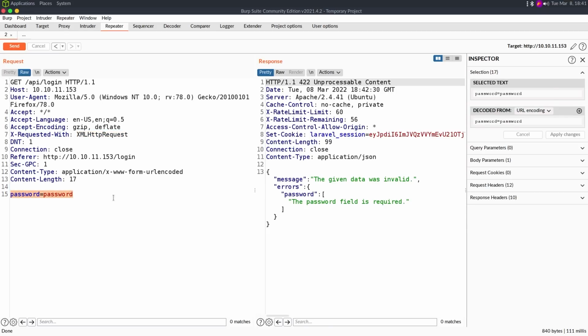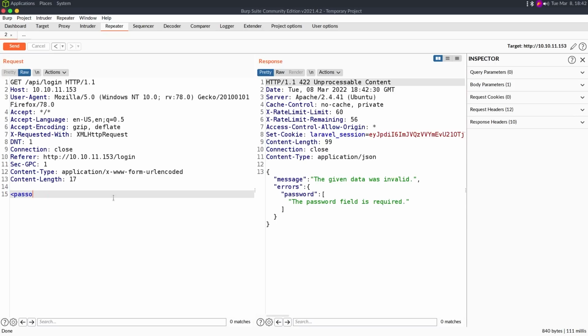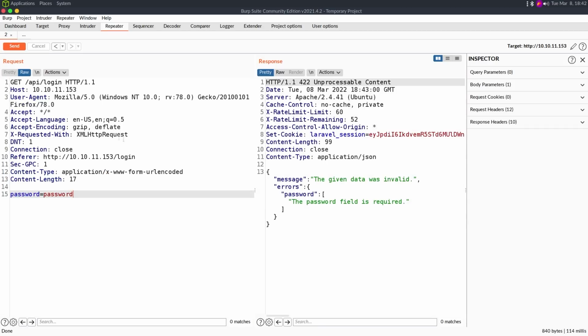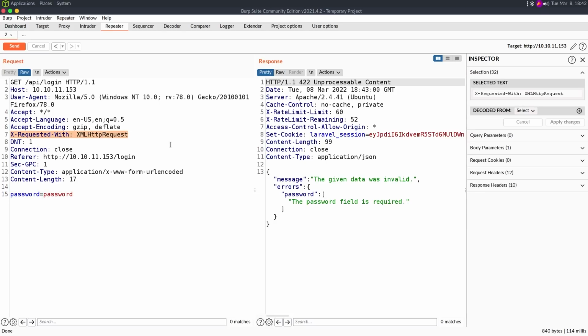We may be able to say like password. Hold on, let's see. Test/password. Is that going to work? Request. I probably have to form the XML better. Is this like application/xml? Yeah, I don't know exactly how to do that, but we do have unique behavior when we remove this header,